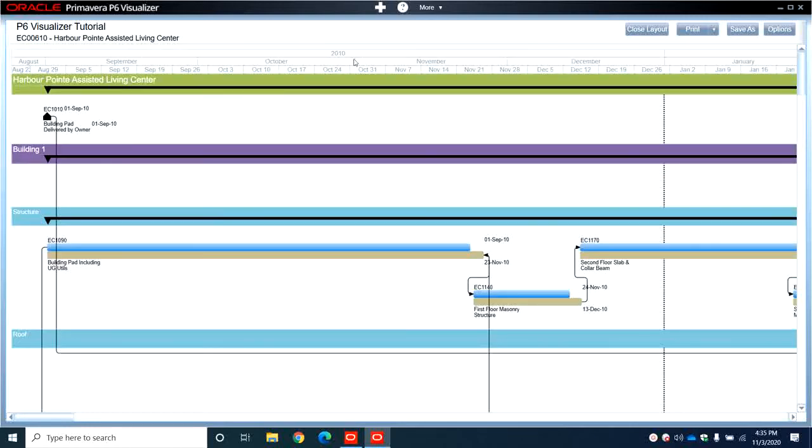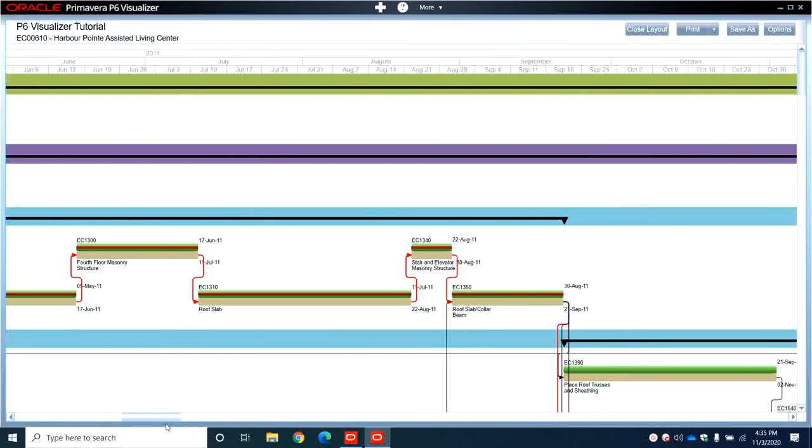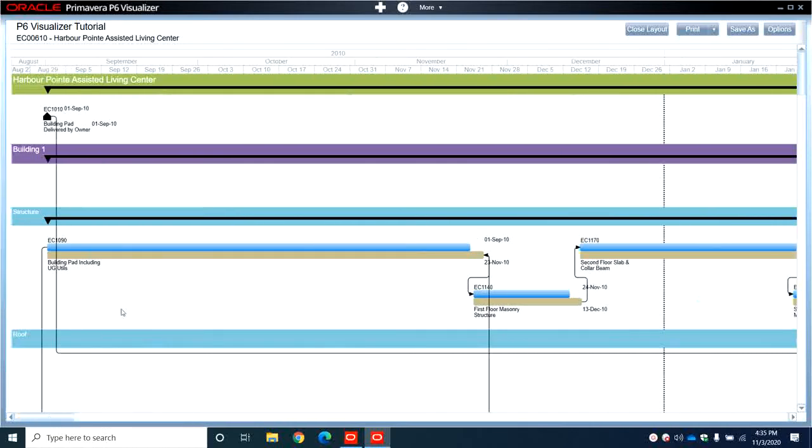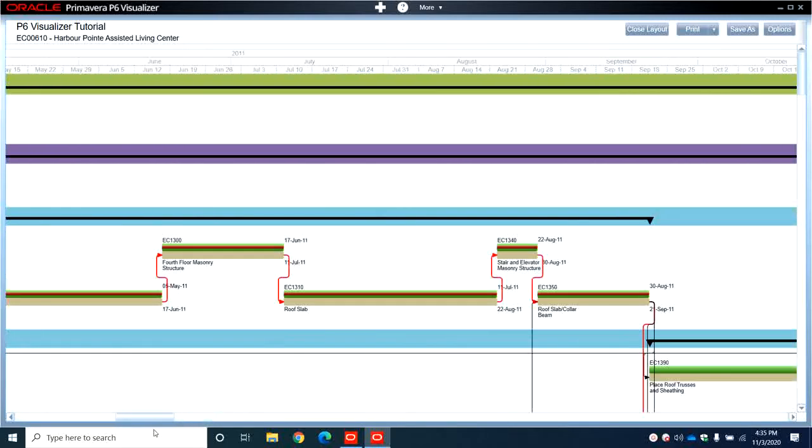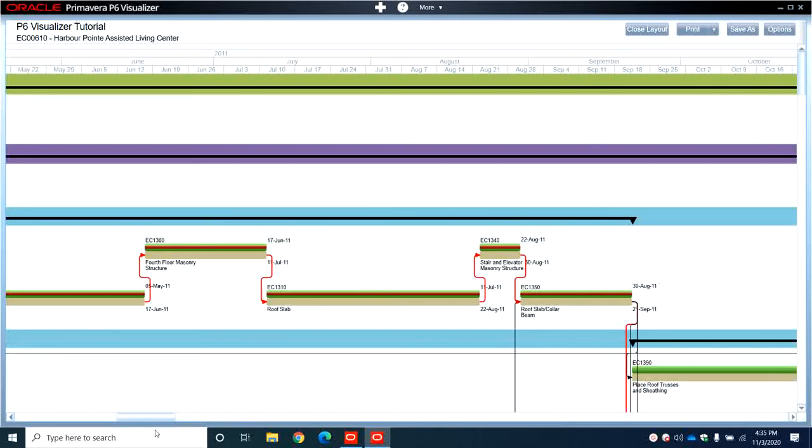and we can see it start from August 2010 and it's week. Then when the year finish, there is this black line, and the next year, and we can see each activity. So it will start with a milestone, building pad delivered by owner, then the successor will come here,